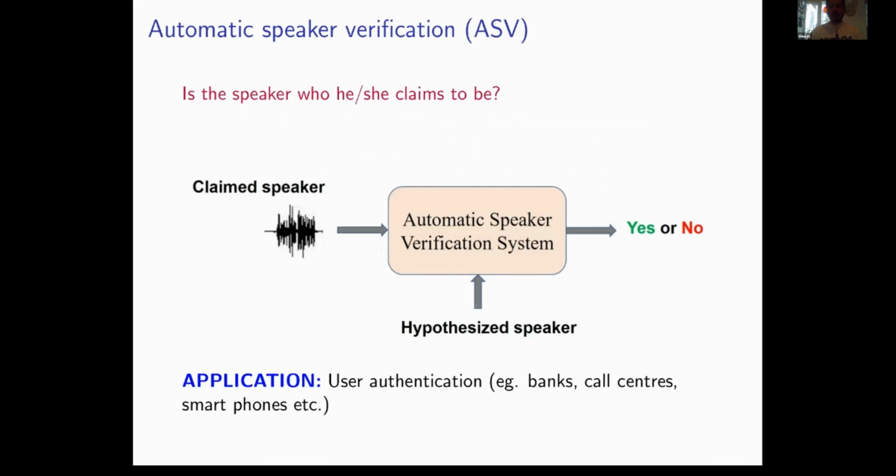So the main goal of an automatic speaker verification system is to verify the claimed identity of a speaker. So is the speaker who he claims to be? So what the system does is